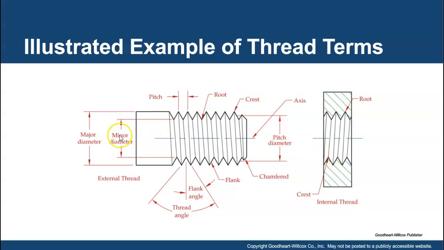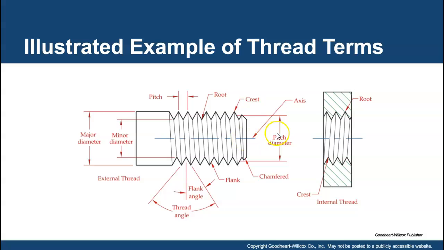So just keep that in mind. And of course, the minor diameter on the rod when you're cutting the thread would be the internal part of the thread here, or what we refer to as the root. And the minor diameter on the internal would be basically your crest. So we have some changes with the actual terminology depending on whether we are talking about an external thread versus an internal thread. So make sure that you're aware of what we're talking about when we talk about major